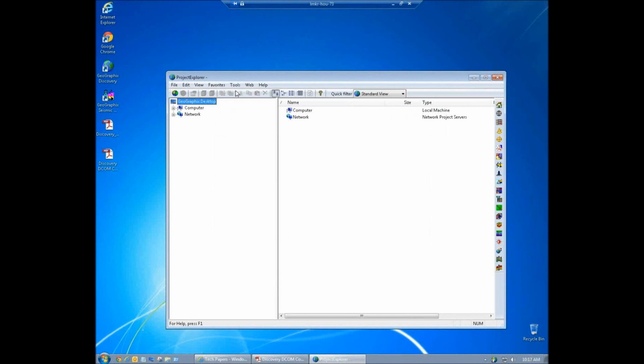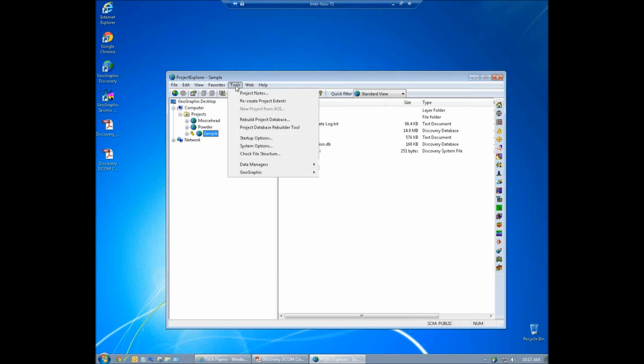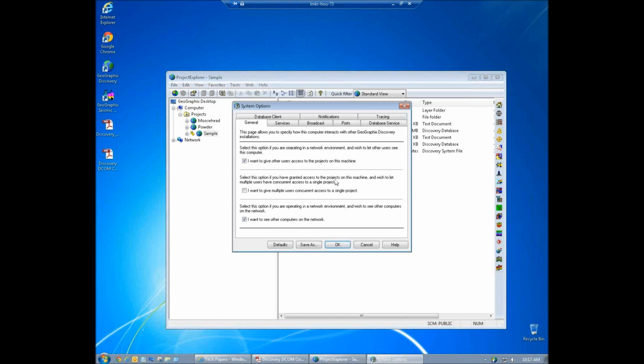So in here, basically what we're going to be doing is adjusting the amount of RAM being assigned to the database service for its cache, and then also enabling the concurrent access. That's all done through the tools menu and then down to system options. This is basically the only place where you can really modify or change anything to do with